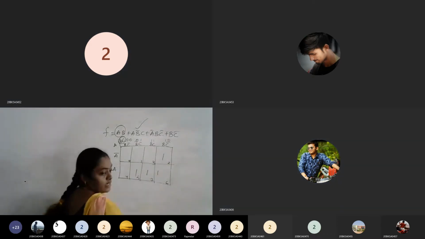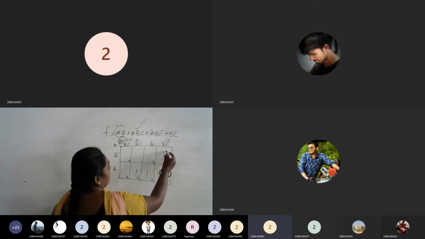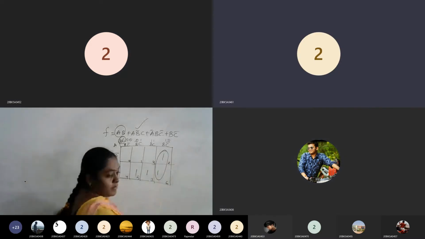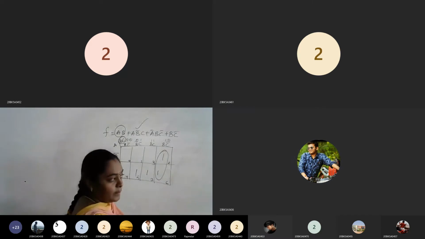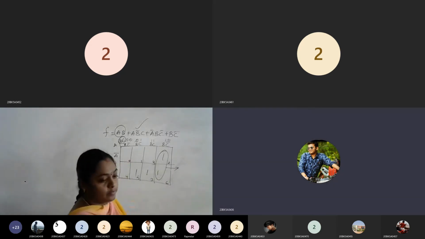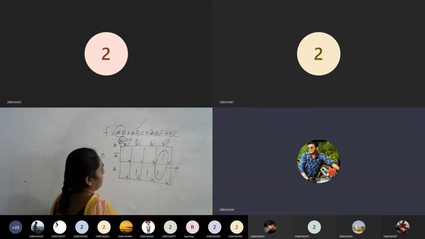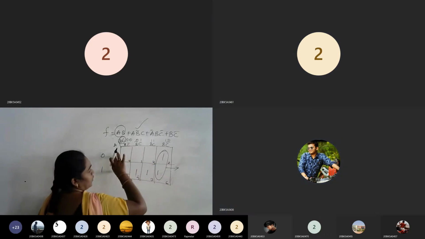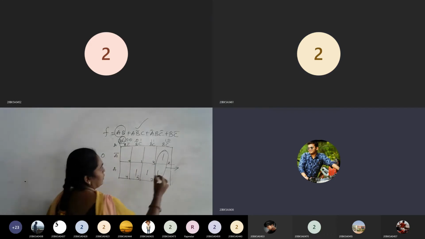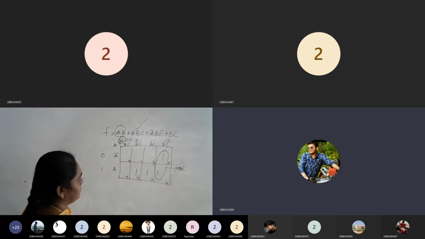Now tell me which are adjacent. 2, 6, and 5, 7. Yeah. Now always remember one thing: after combining, please keep an arrow and write it down immediately. Tell me the expression. BC bar. As A bar and A are present in both the rows, we cancel them out, which leaves B, C bar.